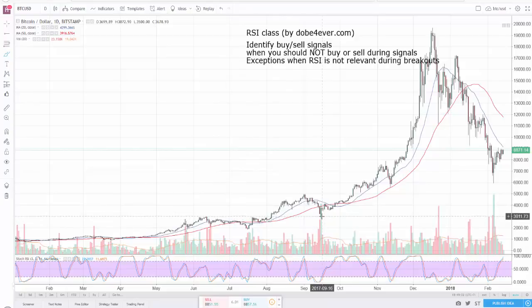It became a strong support, and after this vertical crash down, it was obvious it was going to bounce. So that was an opportunity to make money going long within a downtrend. So there's some exceptions. I always say this, and I emphasize, you not only look at a combination of indicators, you use common sense as well, because sometimes it's okay to break the rules, but in general, we should